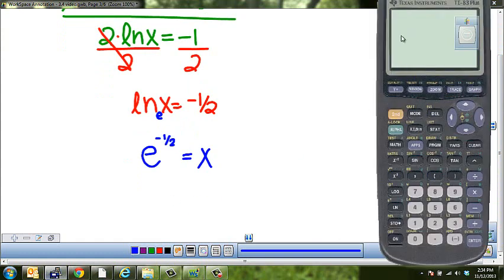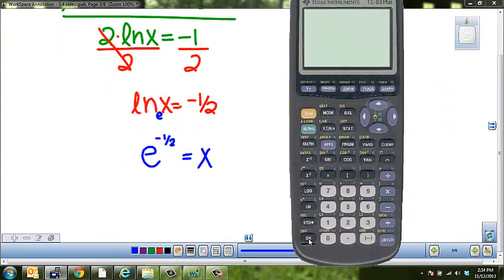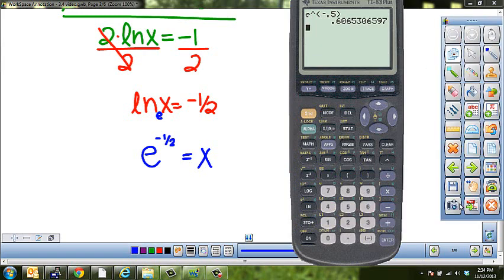So now you can go to your calculator and type this in. Okay, e is here above the natural log. It's the second function, so you hit second natural log, and then it prompts you to enter your exponent, so mine is negative 1/2. You can enter it as a decimal or a fraction. And unless otherwise specified, I'd like you to round to the thousandths